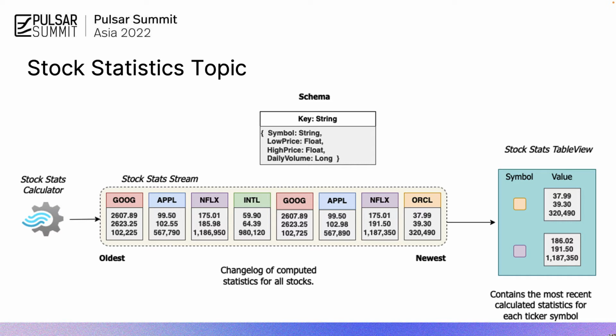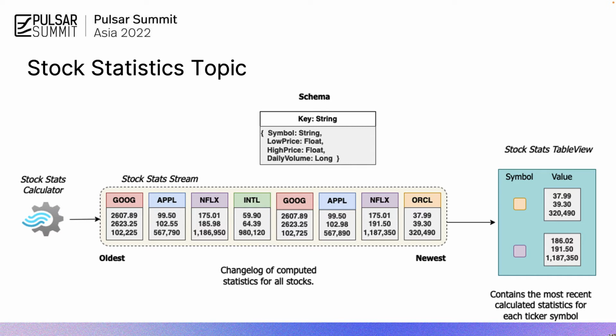This is the other part of this equation, right? So the previous slide, we saw that we were computing these stock statistics as trades come in. The stream processor reads the individual stock trades and uses that information to calculate the statistics that we discussed previously, such as daily trade volume and daily high and low prices. It simulates an update of an existing record by reading the previous value out of the table view and updating the information with the stock